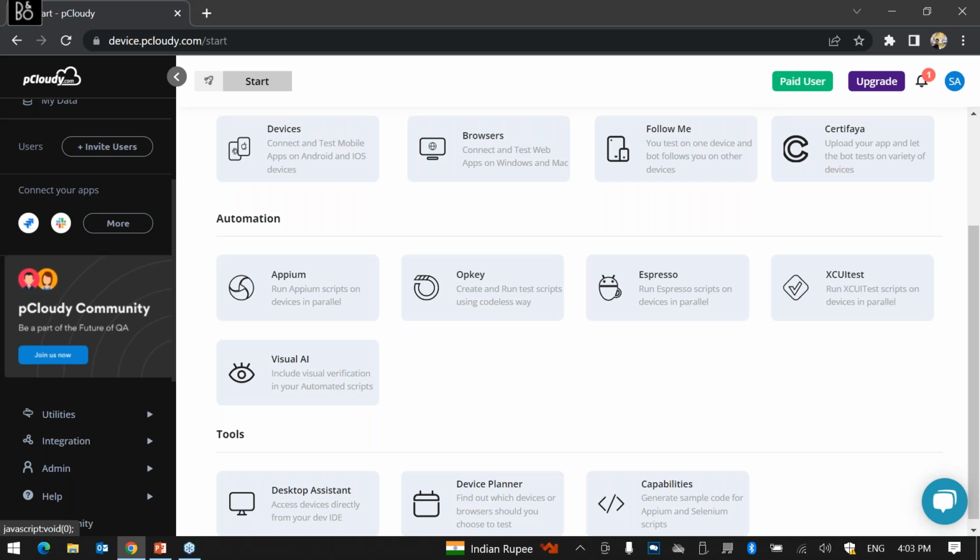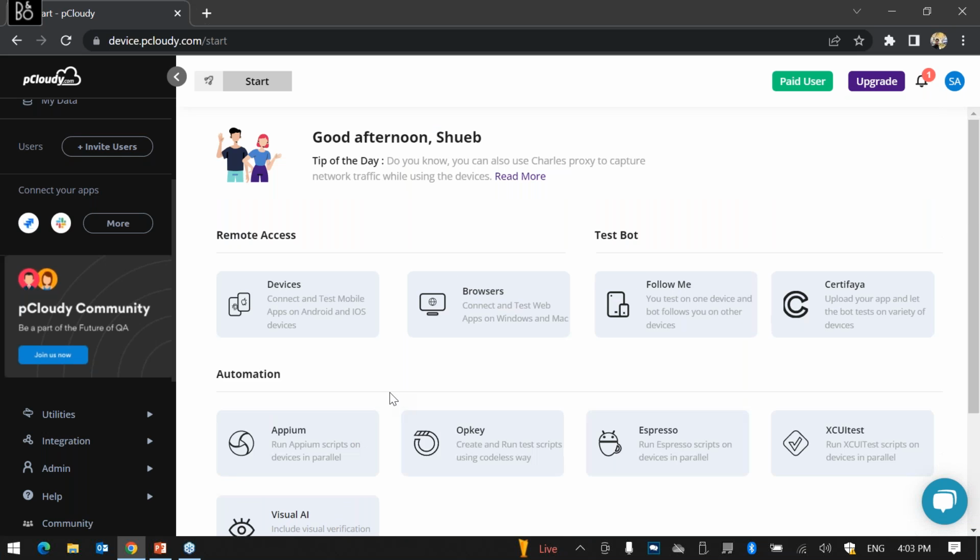So if you are using Jira for your test defect management, we have an integration, so you can quickly get into the integration part and check the steps on how to integrate it. We also have a community where you can quickly get all your queries answered. If you have any specific questions around testing, you can also contribute there. So that's the community that we have.